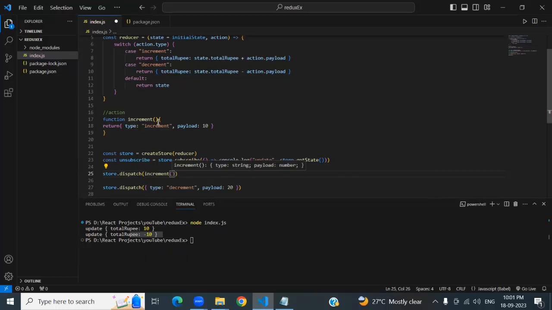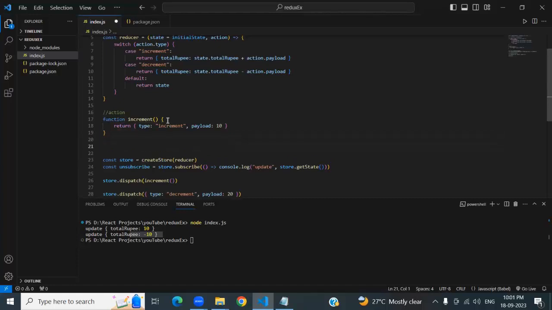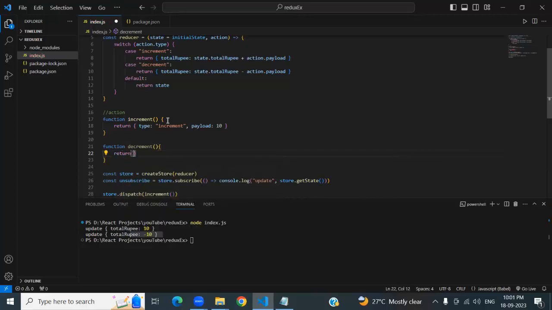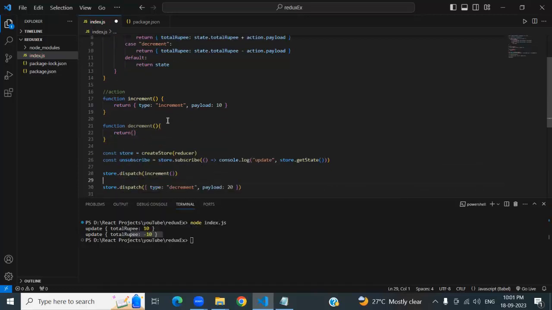But since it's an action, a separate function, you can do other things, other logical parts also, inside this function. I'm making it simple and just writing a simple function. So say you are writing decrement, so you create a decrement function, return, and do the same thing with the decrement function also,